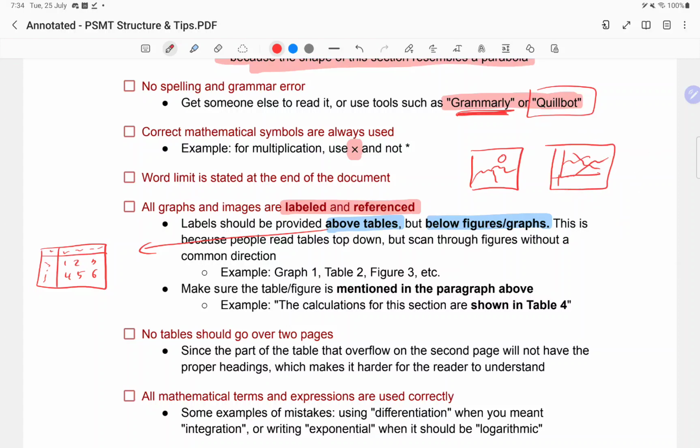There's no top to bottom. You look at the whole thing here. Your eyes will just move around, like, oh yeah, that's the axis, that's there. So it looks all over the place. As opposed to a table, where you normally read like that, and then you read down here, and then around here. Because it starts from top to bottom, the table will be labeled on top: Table 1, Table 2. But for the figures, you would go Figure